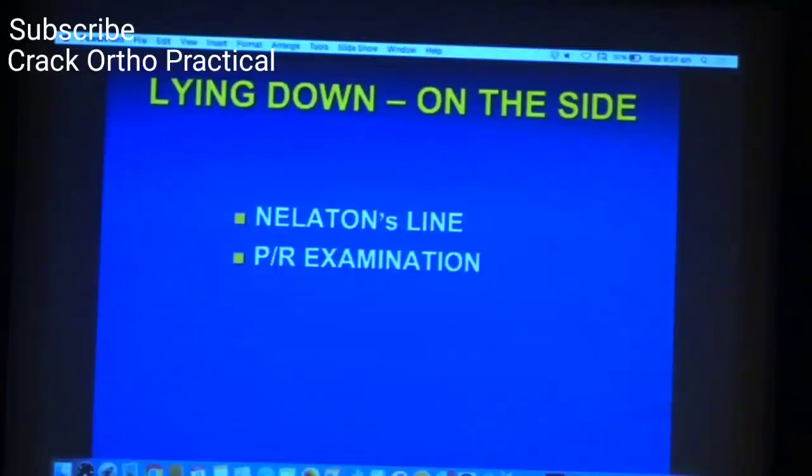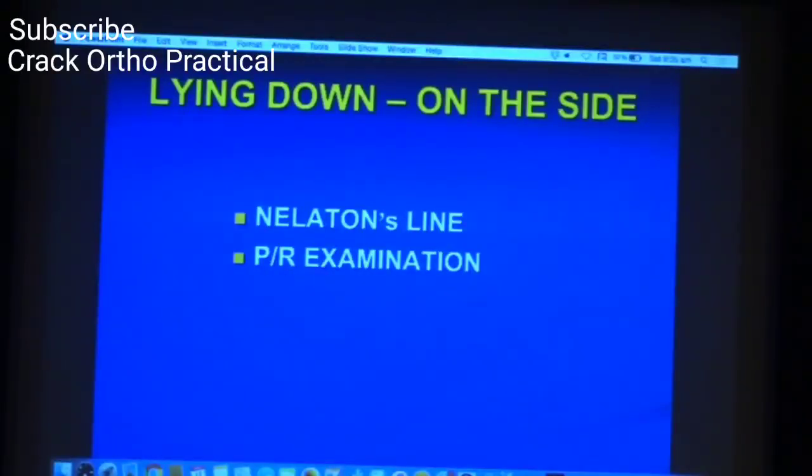Well, friends, the supine examination is complete now, so it is time for you to turn the patient on the side, and with the patient on the side, you have to draw the Nélaton's line. And last but not the least, you see, in the previous era, majority of the hip joint cases were tubercular hips, and tuberculosis of the hip has the capability of creating an abscess in the rectovesical pouch. So the per-rectal examination was a routine part of the hip joint examination.